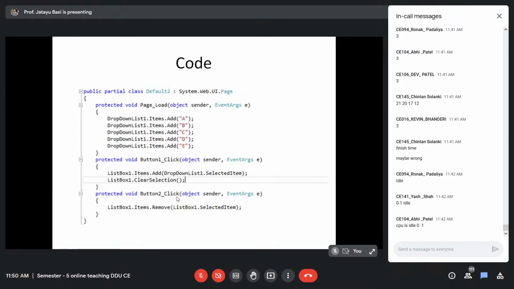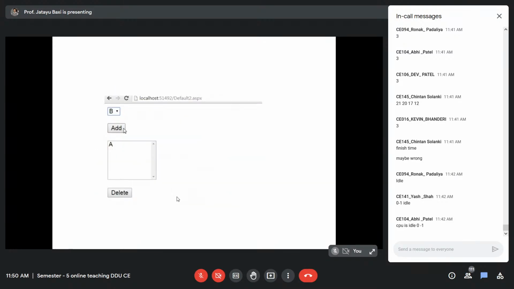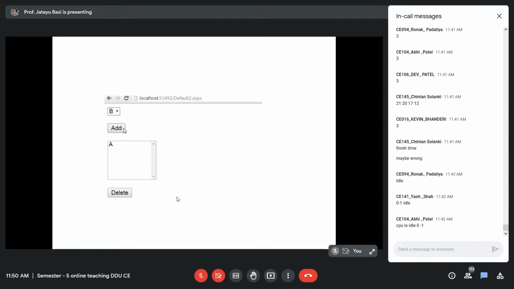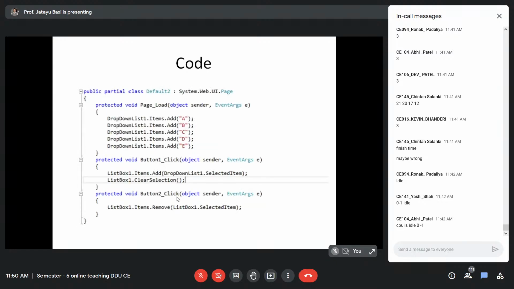This is the example. Similar example is there. The only difference is that the items in the drop-down list are added on runtime. Okay.